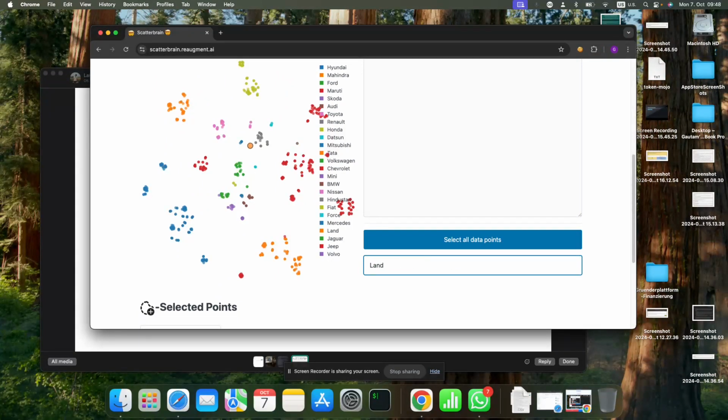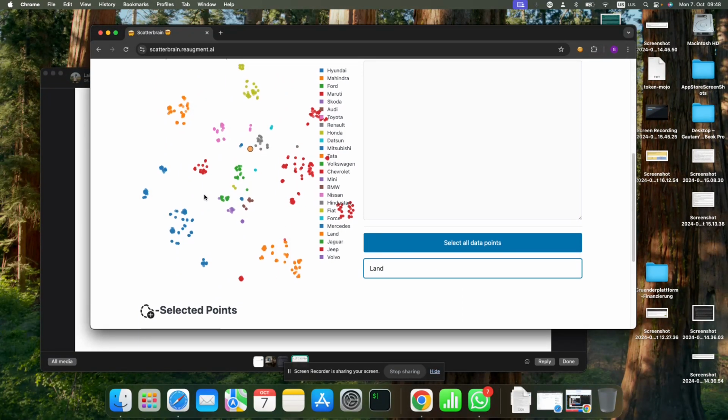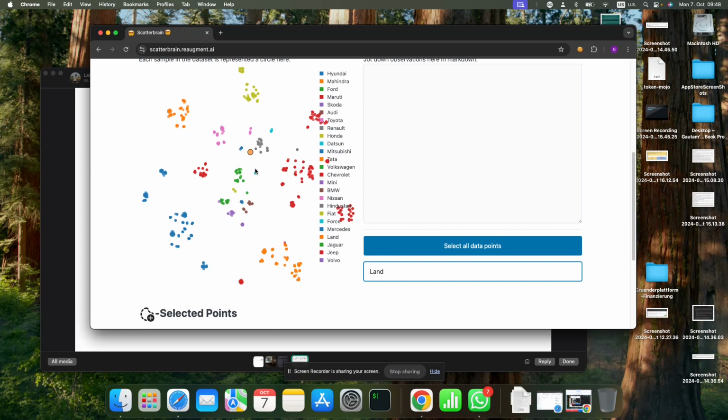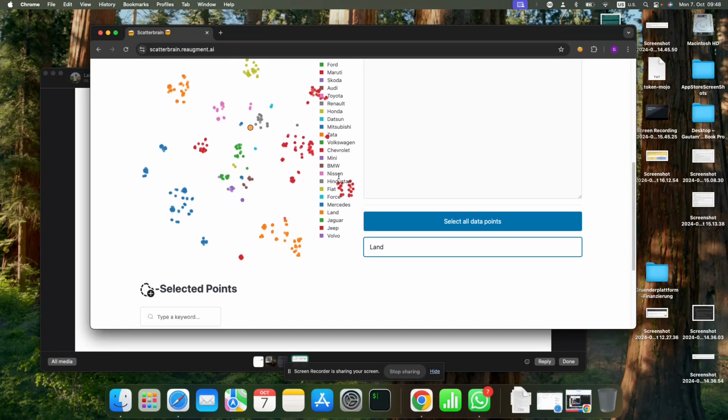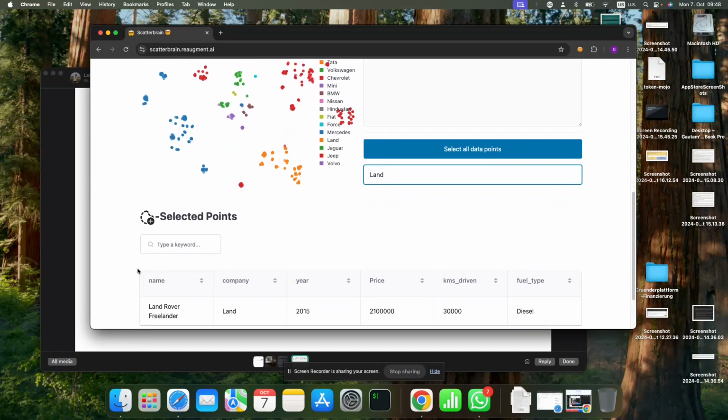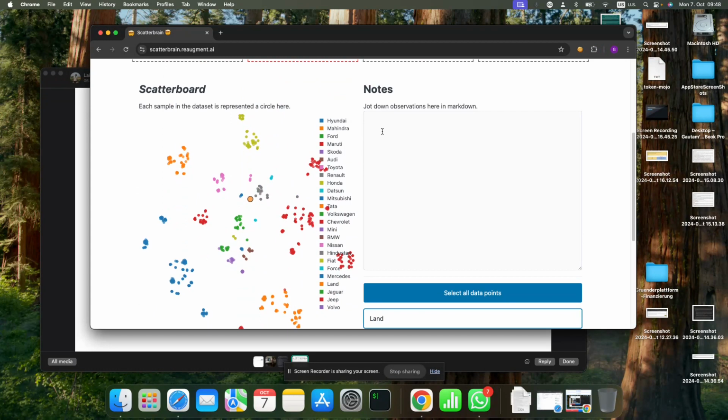So Land. Look, it looks like that's the only one. We haven't found it anywhere else. That's an interesting thing. Okay, in a real case, you might even have the ID on the side, so you could put the ID. But anyway, let's just say, just for the heck of it,